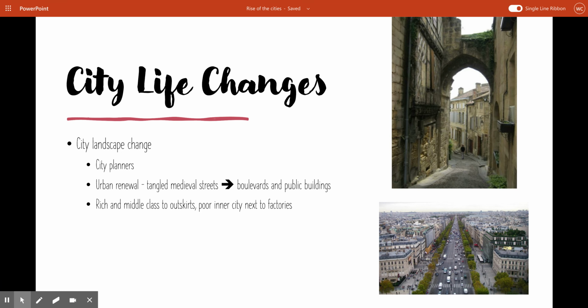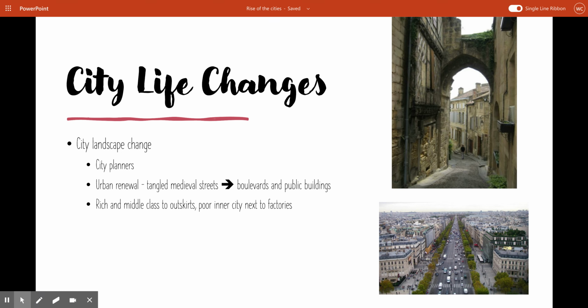And what you've got is these very narrow streets, like in the picture you see in the top right, these very medieval narrow streets that aren't equipped for modern transportation, right? Imagine trying to fit cars through that. Not going to happen, right? They were fine for walking, and all these original cities needed to be walking cities originally. You had to be able to get everywhere you wanted to go by walking, whether it be church or school or the grocery store, whatever, to work and home. You had to be able to walk in those times. Well, now that we've got modern transportation, that kind of goes out the window.